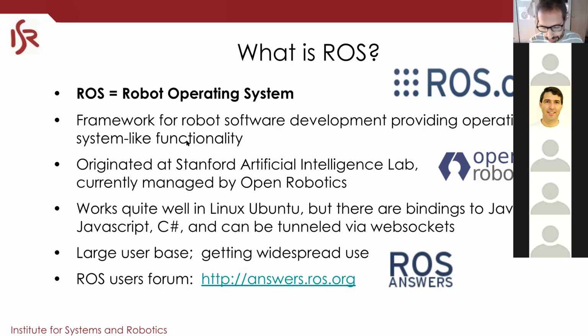because it has a huge large base. So there are lots of third-party applications and packages that can be used together with ROS. And fundamentally, it allows you, with a very short learning curve, to have something working with the robot with some sophisticated behavior. Okay. So of course, you can Google for answers. There is this main ROS users forum that you can go to for answers.